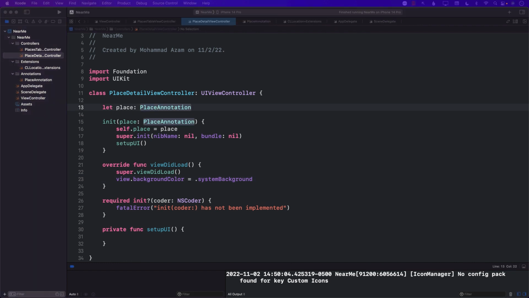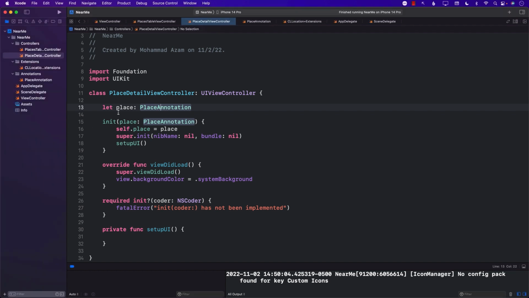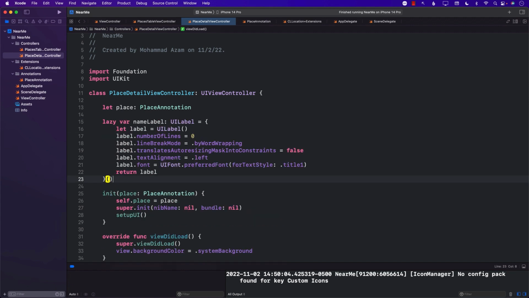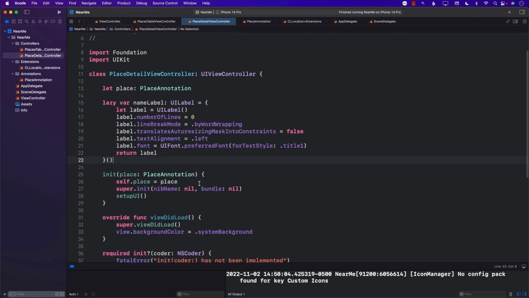Let's start with displaying the name. Once again, we are going to create a lazy property for our name label. You can see the number of lines is set to 0 so that it will also start wrapping. We have set the font to be title 1, but you can use any font that you want. Inside the